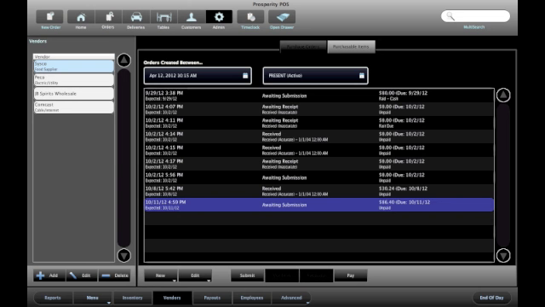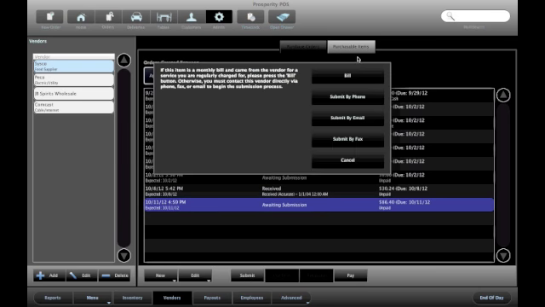So now we've created this vendor order, and now you see here the status says awaiting submission. And what that means is that we've created the list of items that we're acquiring from the vendor, but we have to actually call the vendor or email the vendor. So what we're going to do now is click submit,